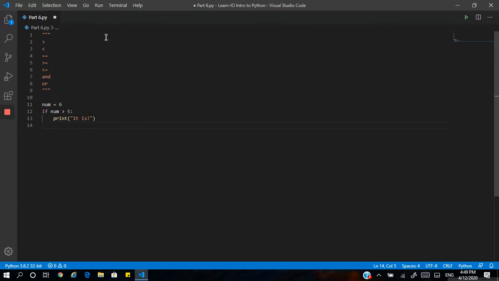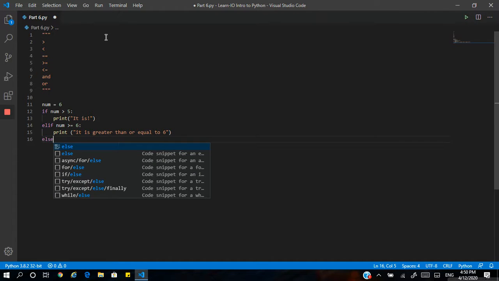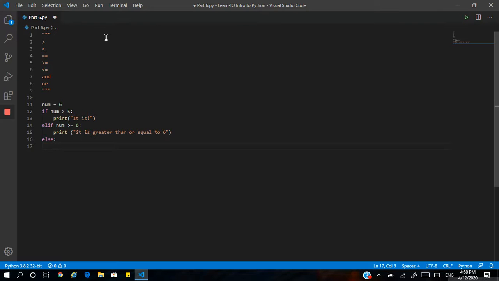Okay, and then elif num is greater than or equal to 6, maybe we want to know if it's greater than or equal to 6, then we print "it is greater than or equal to 6". And then else